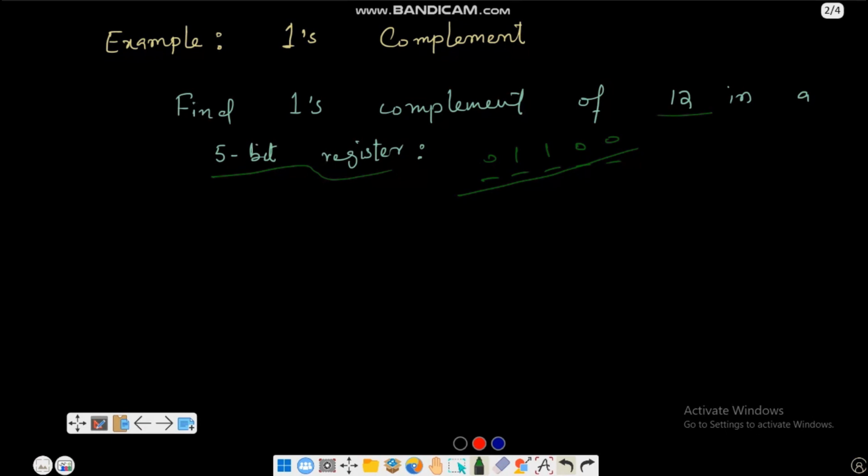ones complement. Now this is a small tricky question. If I want to find out the ones complement here, what will I do? This is a positive number, so there is no need to find out